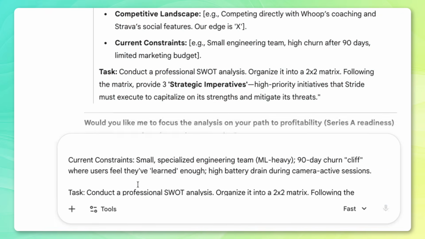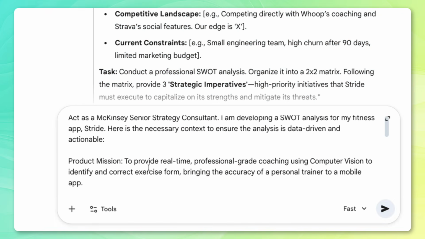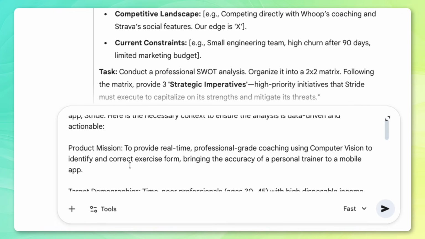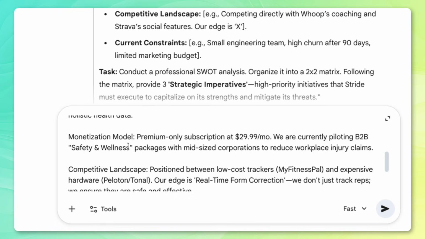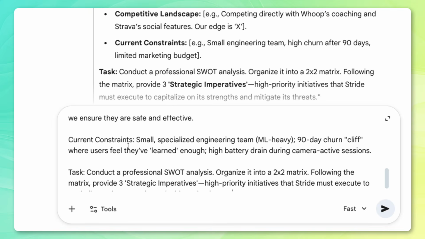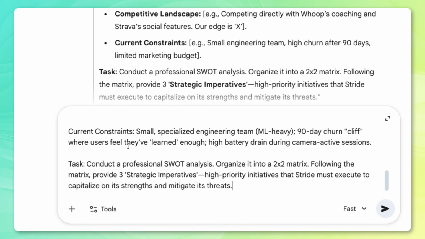So I've gone ahead and filled this in. And to be clear, I actually just had AI fill this in. But we went ahead and filled in our product mission, our target demographics, tech stack, monetization model, competitive landscape, constraints, and so on. And to be clear, when AI gives you a meta prompt like this, you might not know all the information,